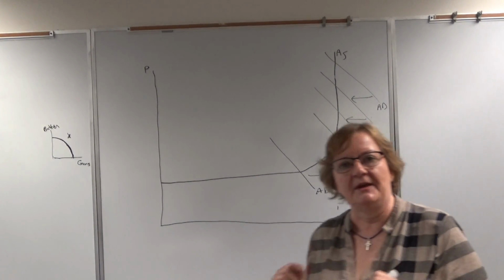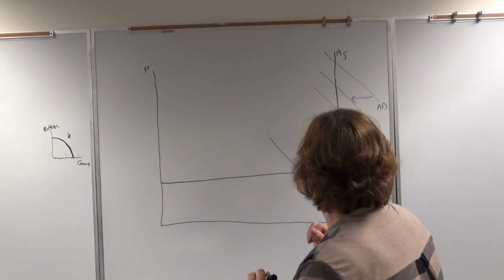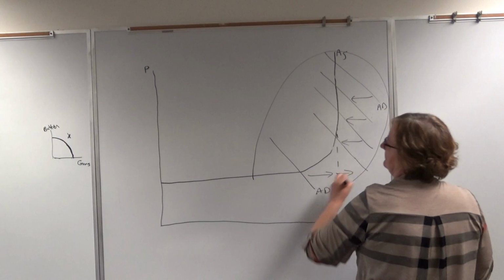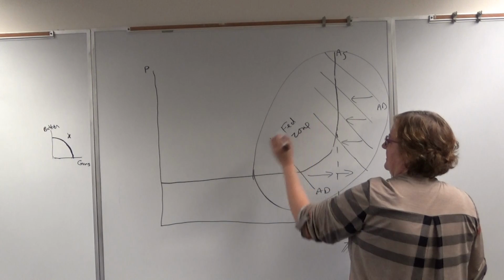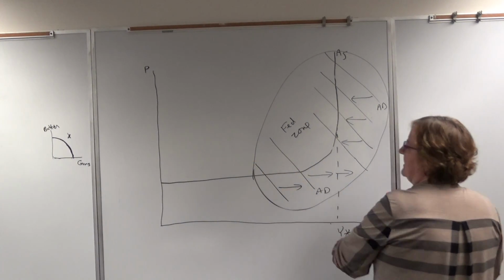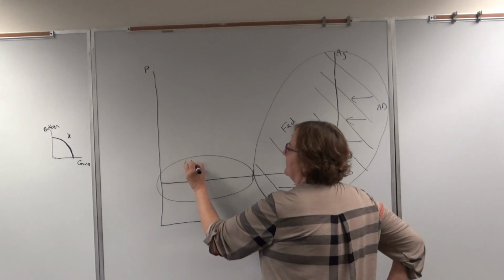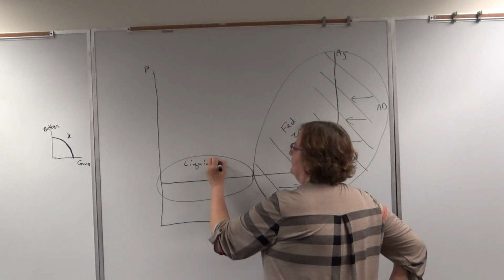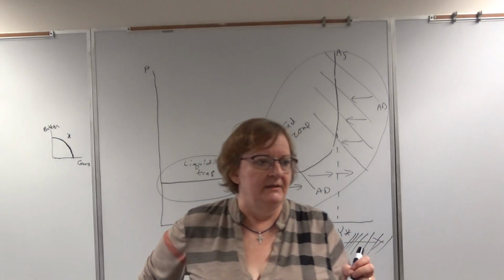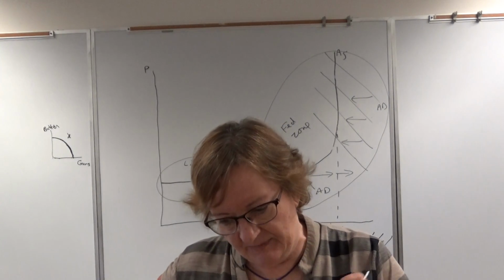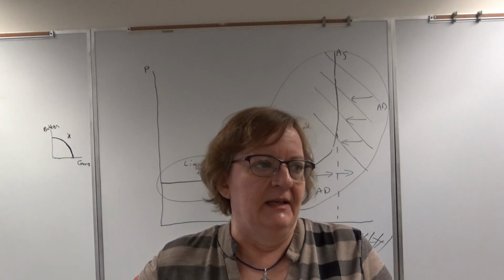And I can talk more about that too. But the Fed tends to work in this zone. So they can move aggregate demand out, but then there's this area that we call the liquidity trap, which we were in. We got stuck in a liquidity trap in 2008 when everything collapsed, and the markets were